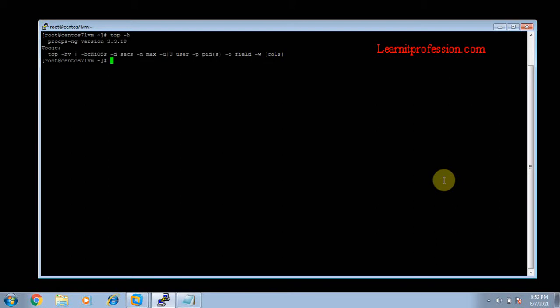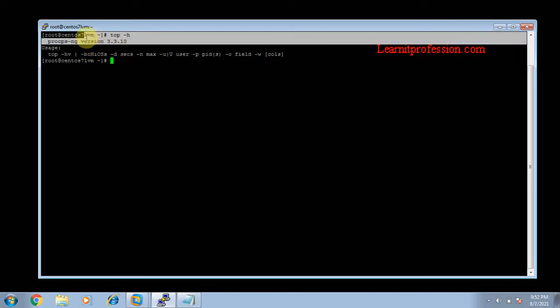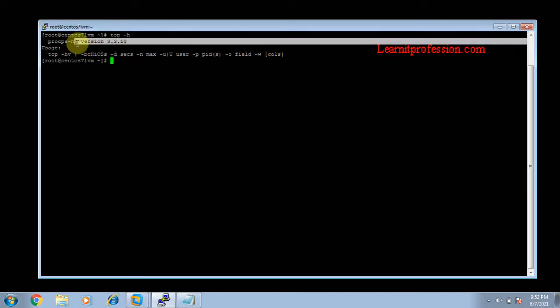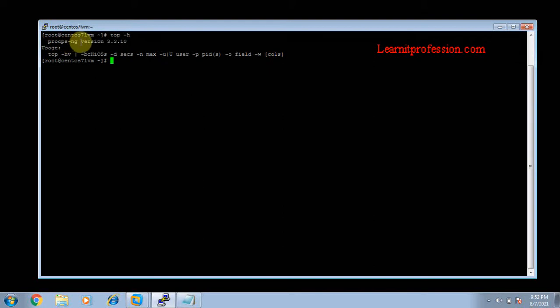The software used in Linux-based operating systems, especially on CentOS, is procps-ng. Here you can see the version, this is CentOS Linux 7. The version of procps-ng used for top in CentOS Linux 7 is 3.3.3.